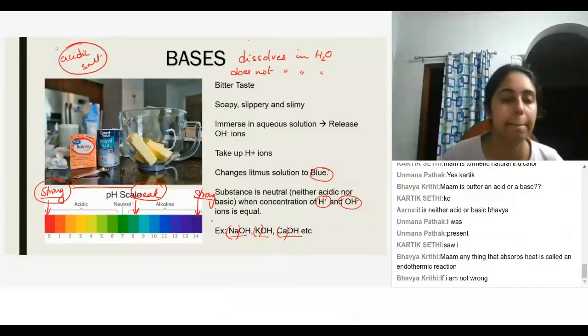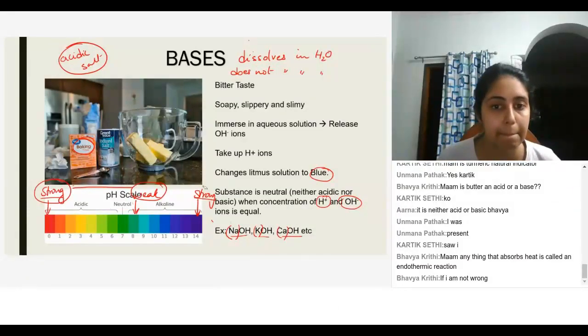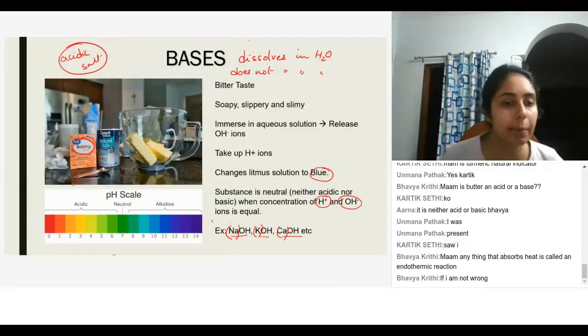Ma'am, like you said, on the pH scale you can know that an acid is strong by how many hydrogen ions it releases. Not number, concentration. Excuse me, ma'am. Yes, ma'am. Then how do we know the concentration? The pH scale will do it for you, right? If you have more concentration of H plus ions, it will be red in color. If you have less concentration of H plus ions, it will show green color.